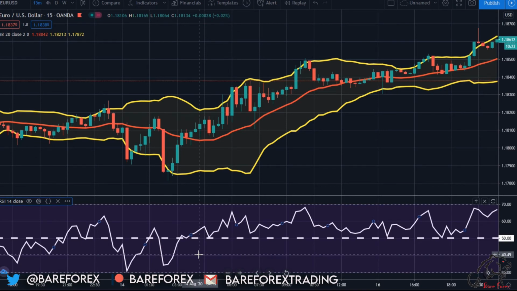When using it with Bollinger Bands, I recommend that if it's pointing in the direction you want to go, go for it. Obviously, if it crosses the 50, that's even better. But because we're using Bollinger Bands, and Bollinger Bands has to go low before it goes back up, for me, if it's pointing upwards like this is,